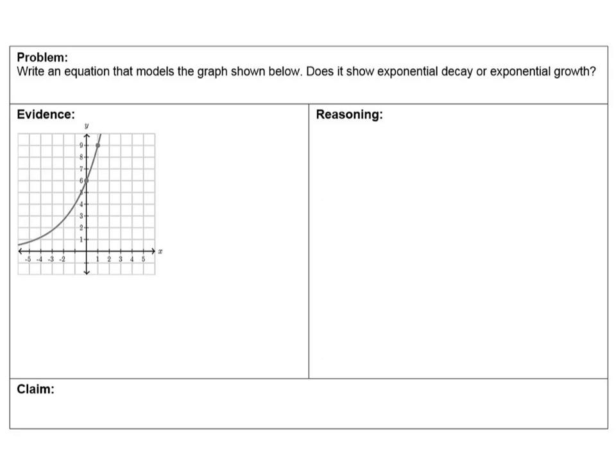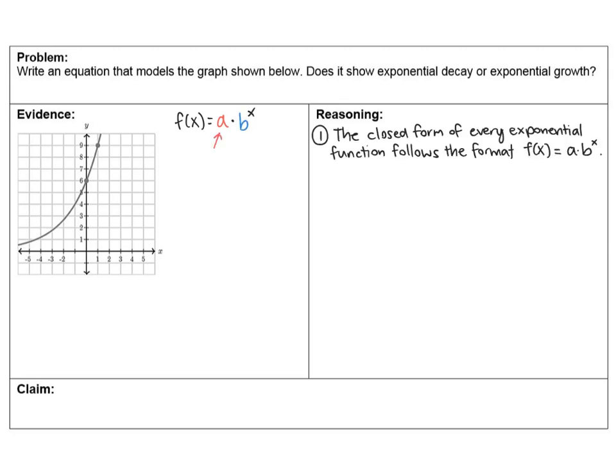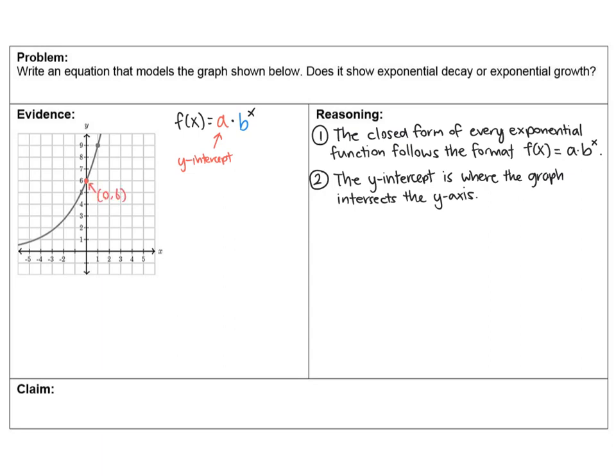the closed form of an equation for exponential functions looks like, which is f of x equals a number a times a number b to the x power. A is supposed to be our y-intercept, so to find that, we just look at our graph where the line intersects the y-axis, and we find it here at (0, 6), so our A value should be 6 in the